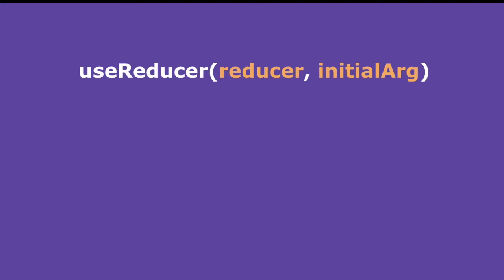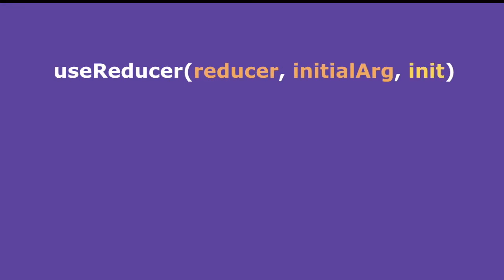useReducer takes two arguments and one optional argument. First, the reducer function specifies how the state will change, and this initial value. So there are two ways to initialize the state of this useReducer. First, pass this initial value as a second argument, or pass this init function as a third argument. And it lets us create the initial state lazily, which means we delay initializing the initial state until the first